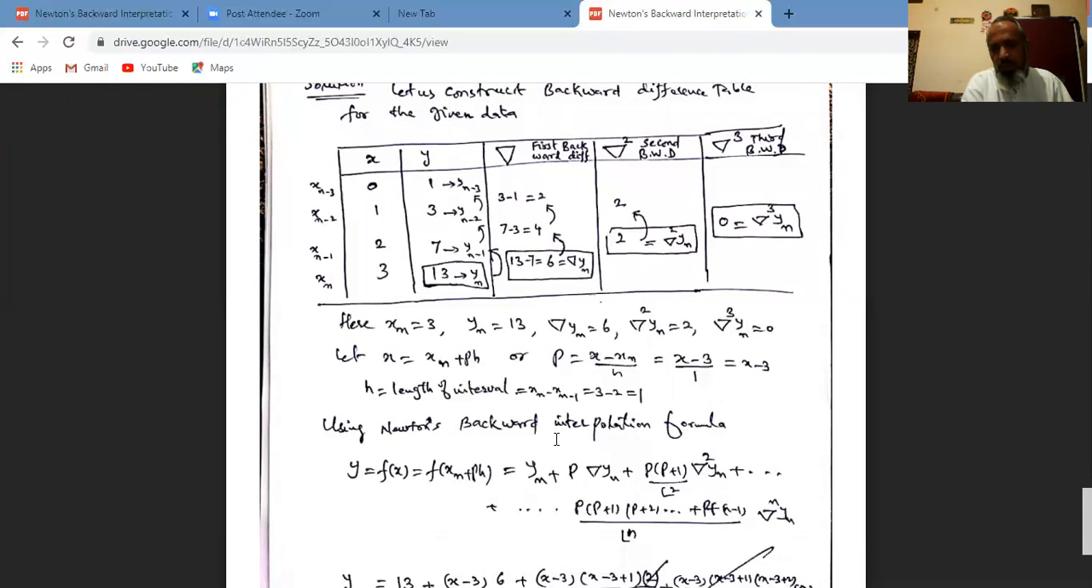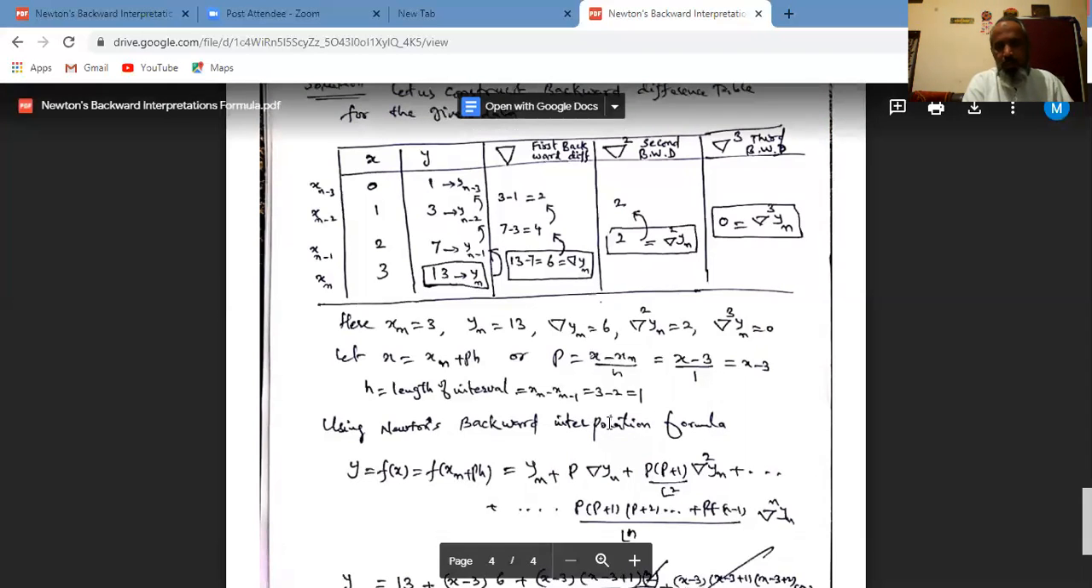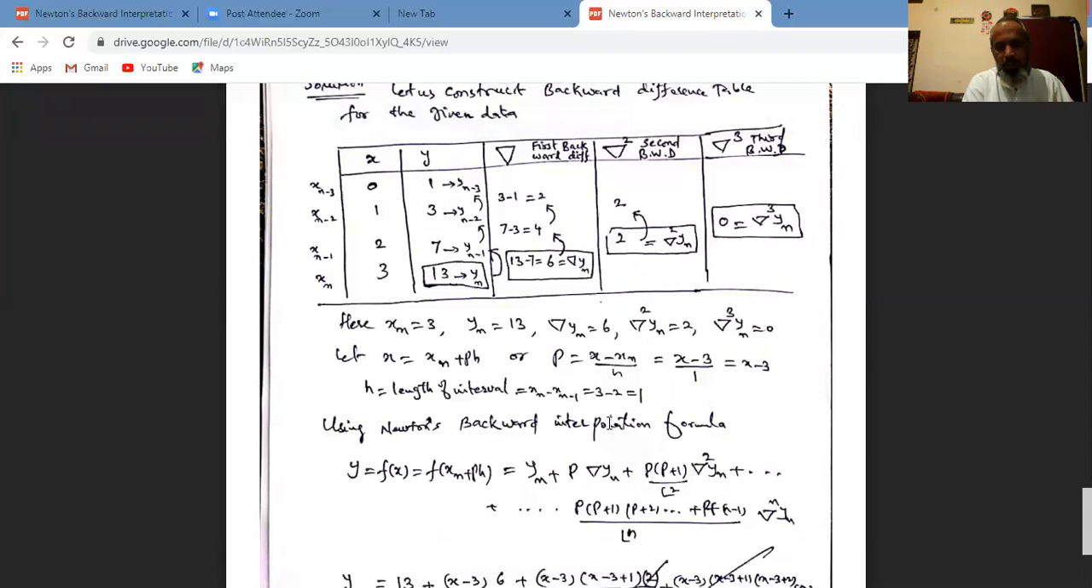So we can solve problems by using Newton's backward interpolation formula. Now, I think you understood this method and how to solve problems using Newton's backward interpolation formula. Now, other formulas we will discuss